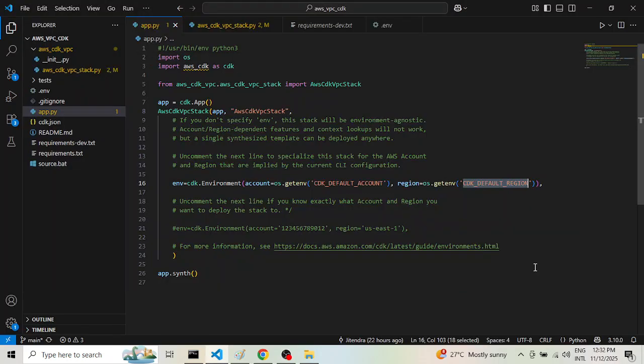Hello friends. So today I am going to discuss the CDK code that we will use to generate our VPC, virtual private cloud. Generally, if we search in any tutorial on YouTube, then we find that